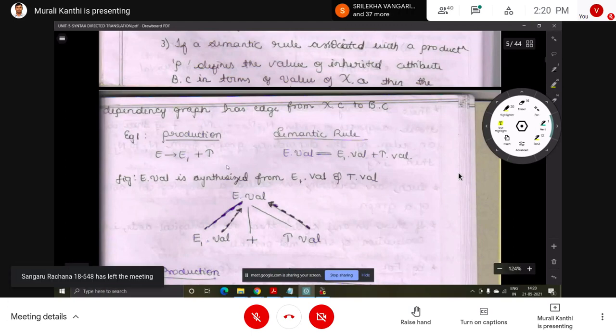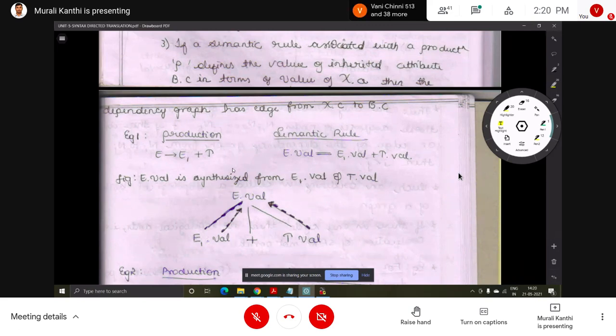A syntax directed definition consists of a set of productions and associated semantic rules, as we have already seen. For that we have to draw the dependency graph, and from that graph we can know the order of execution of that expression.